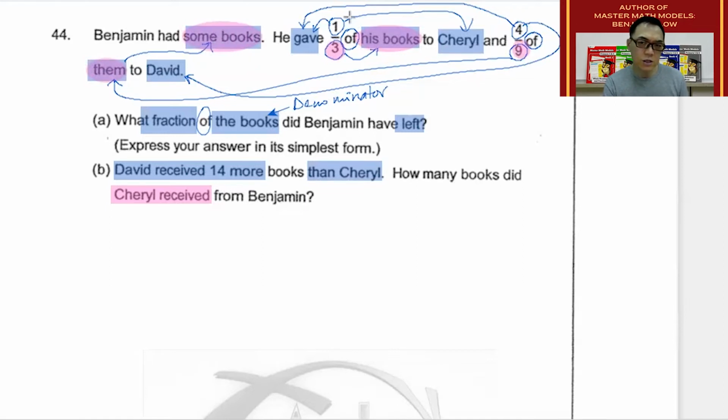So 3 and 9 both represent the same thing, which is Benjamin's books. Since both 1/3 and 4/9 represent Benjamin's books,